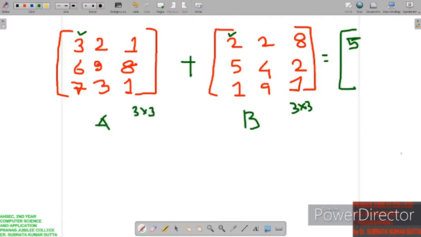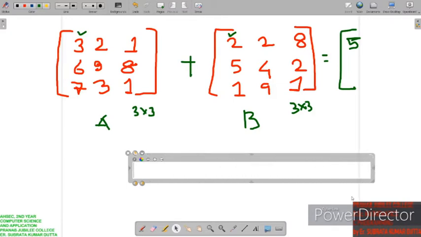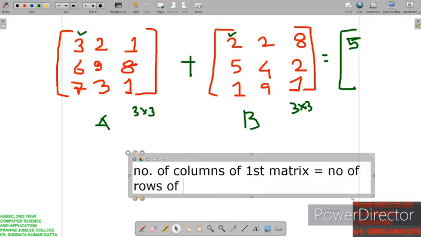The first condition is that the number of columns of the first matrix must be equal to the number of rows of the second matrix.